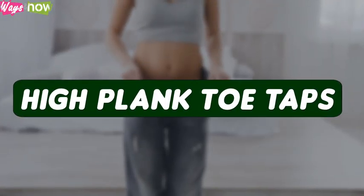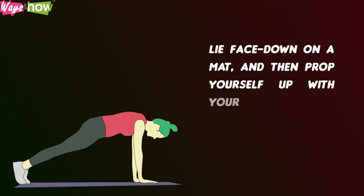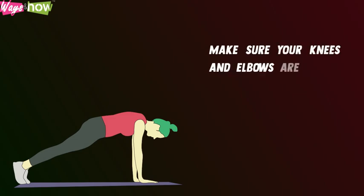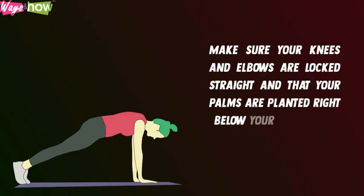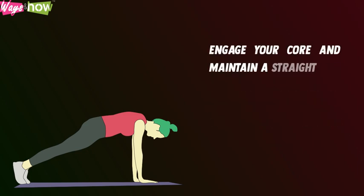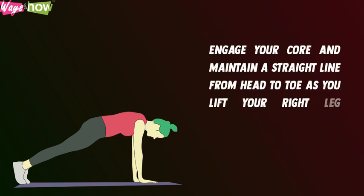4. High plank toe taps. Lie face down on a mat and then prop yourself up with your palms and toes. Make sure your knees and elbows are locked straight and that your palms are planted right below your shoulders. Engage your core and maintain a straight line from head to toe as you lift your right leg slightly, swinging